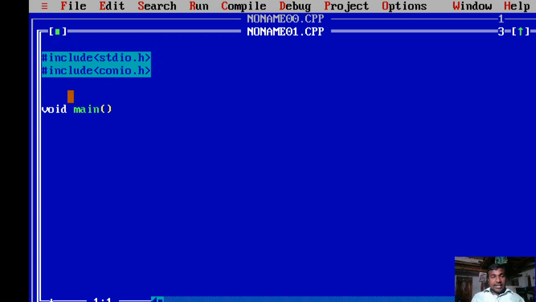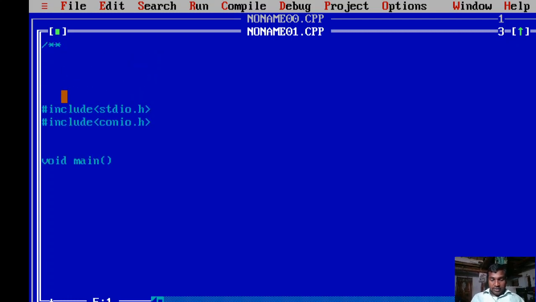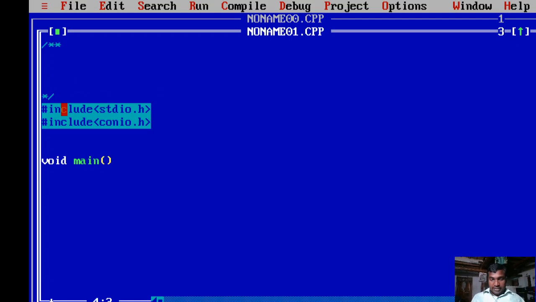So first is the documentation section. In the documentation section we are going to write the details about the program. The aim of this program is to calculate the area of a circle using user defined functions.